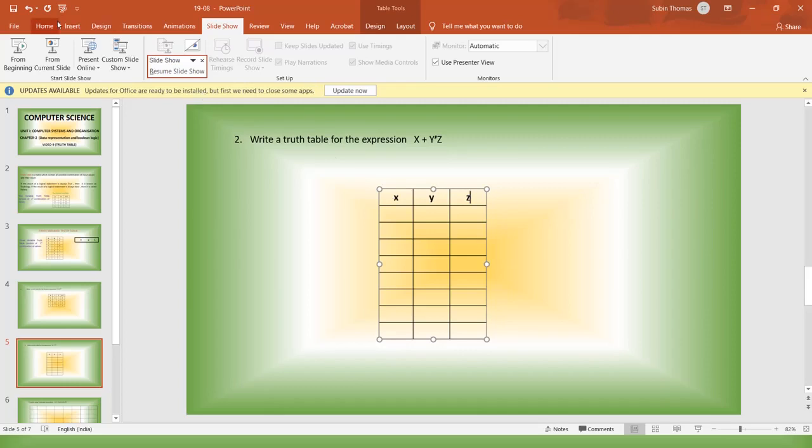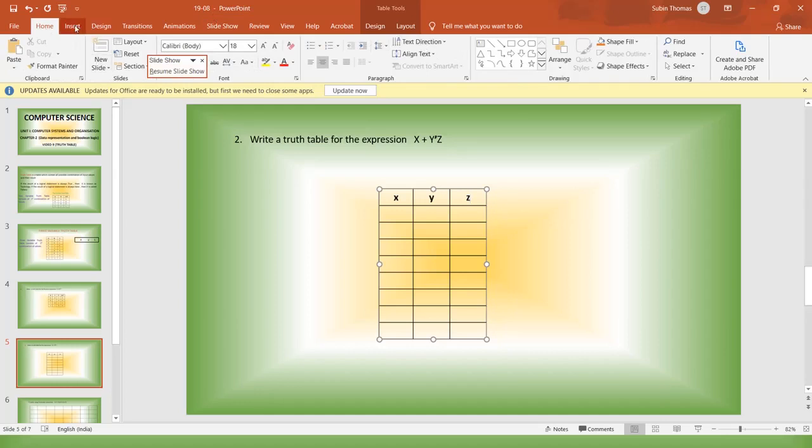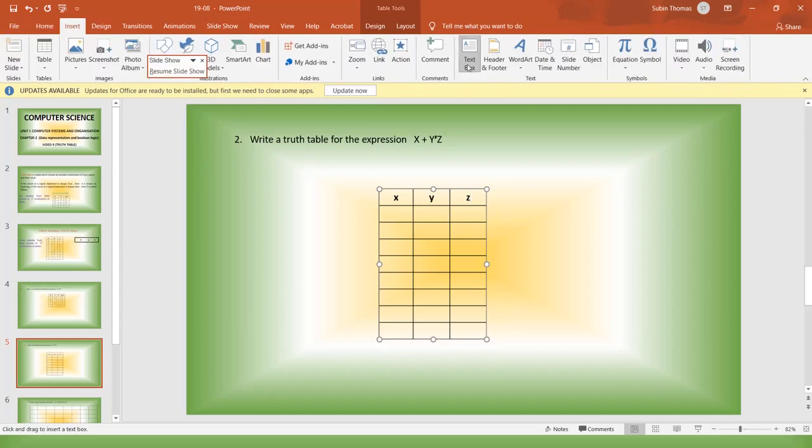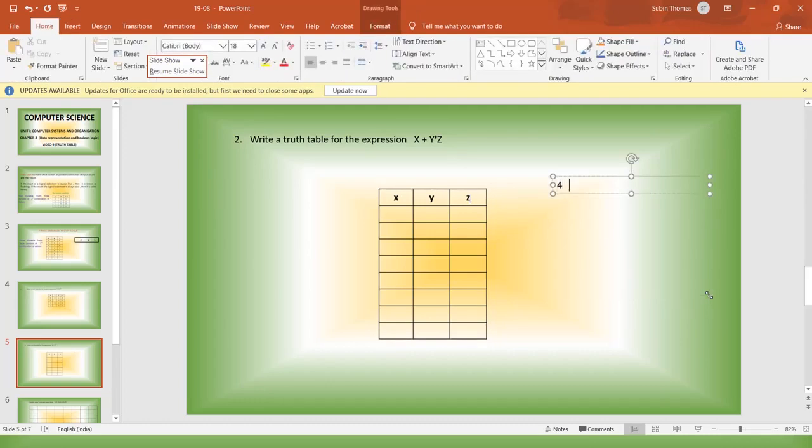I want to find out the combination of values. For that I am going to write down 4 2 1 format. Now it is 4 2 1 format. Based on this, how will you get 0? The first number 0. All the places you will fill with 0. So I am going to fill all the places with 0. If you try it out once or twice, you will easily fill the table.